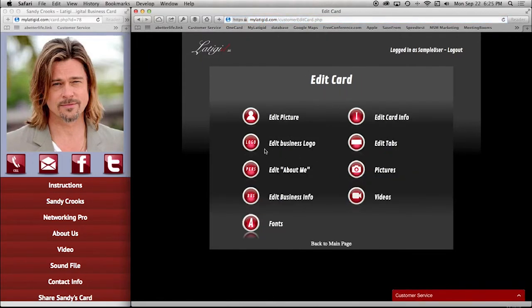Also, you can edit your business logo. Your business logo gets pulled in to this tab right here. It's normally the third tab from the top. It's not always though. It could be the second, it could be the first, it could also not show at all, and I'm going to show you why that is, because you have full control over which tabs are showing in your card. So, but it will be the tab that has the title is your business name,